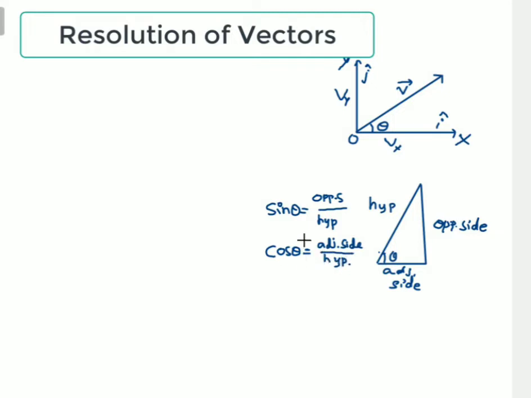One more trigonometric function we can use over here is tan theta. Sin theta by cos theta gives us tan theta. So that also can be written as opposite side by adjacent side. That will come further. So first we will complete this basics.